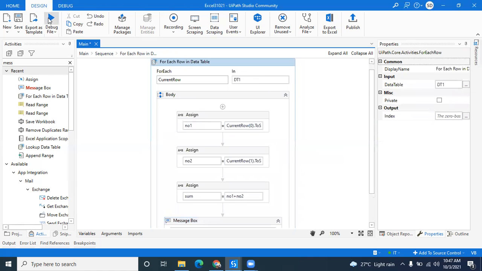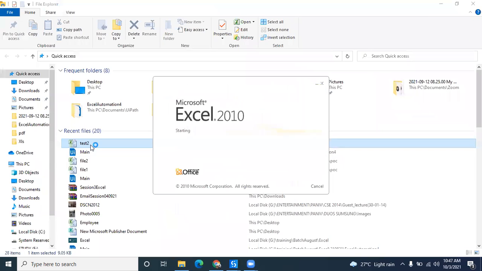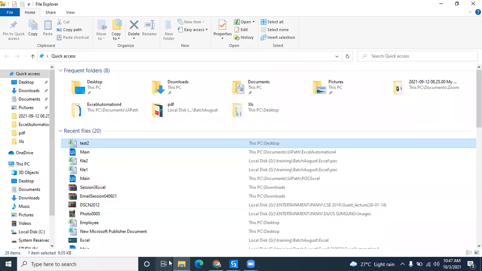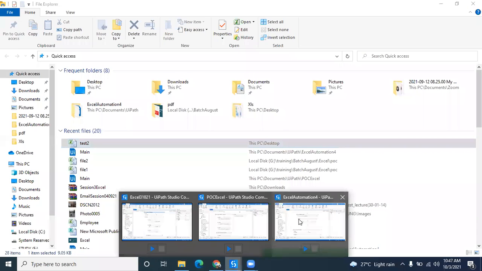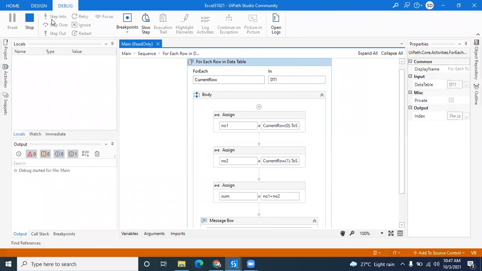So the first addition, what will it be? 12 plus 42, that becomes 54. So the first value should come there as 54. Yes.